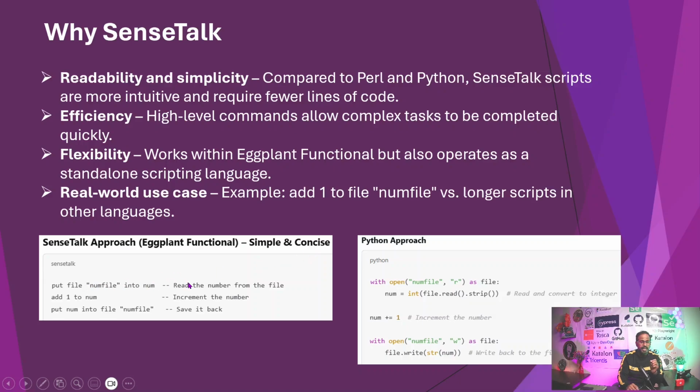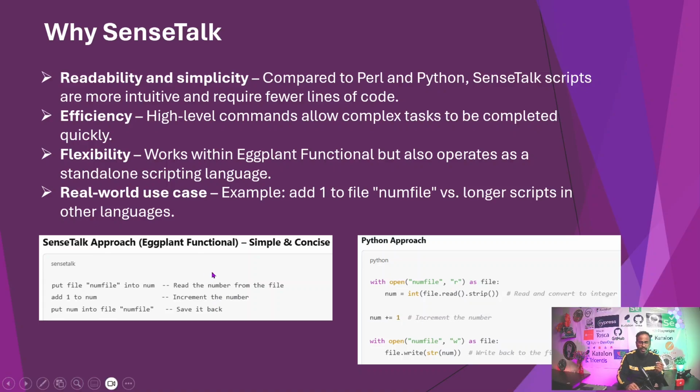So you can see here, read the number from the file. What we are doing, we are using put file num file into num. Add 1 to num, which increments the number, and then put num into file num. We are saving the incremented value back to the file. That's it. So 3 lines of code without using any if conditions, any